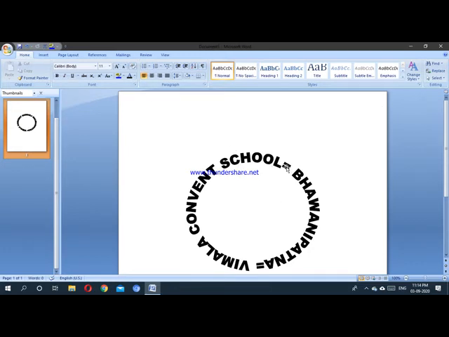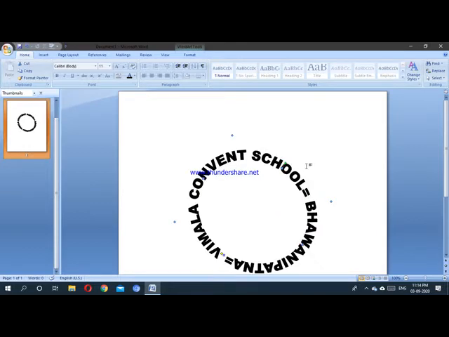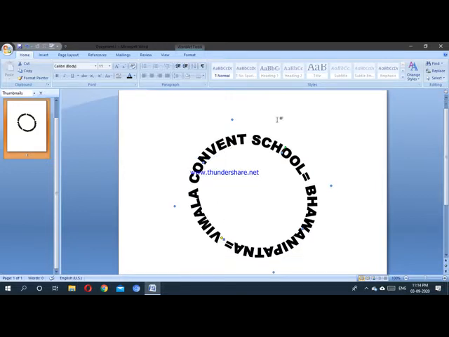After that, what to do? Bimla Convent School is not in position. This Bhuvanipatna I have to keep down at the bottom portion. So I just click the left mouse button, then it will be selected. After that, you see the green button right there. This is for rotation. I hold down the left mouse button, then drag it to the left-hand side or right-hand side. Drag it right a little. When Bhuvanipatna comes, it is not coming yet. So here is the rotate button, click it.